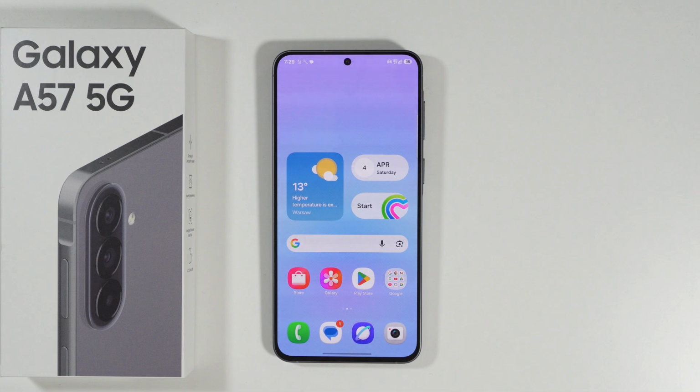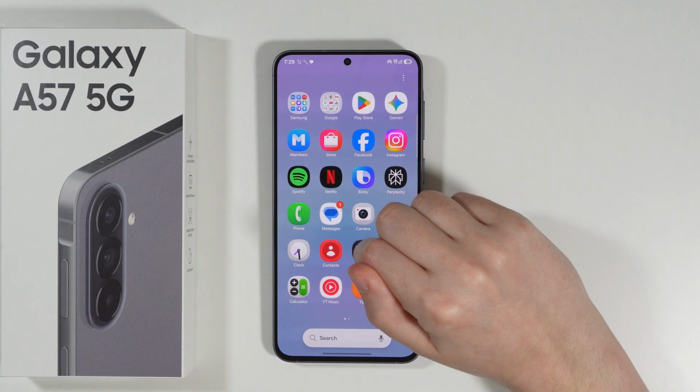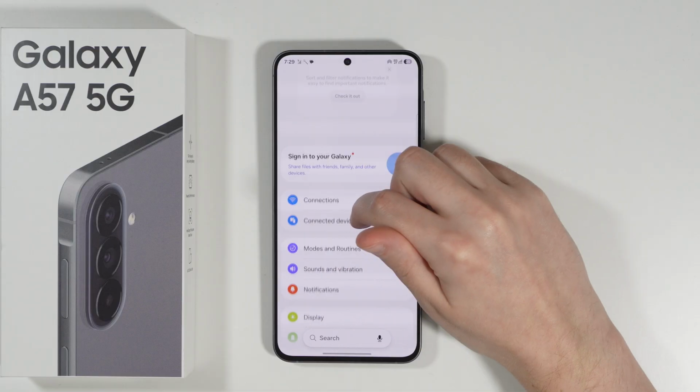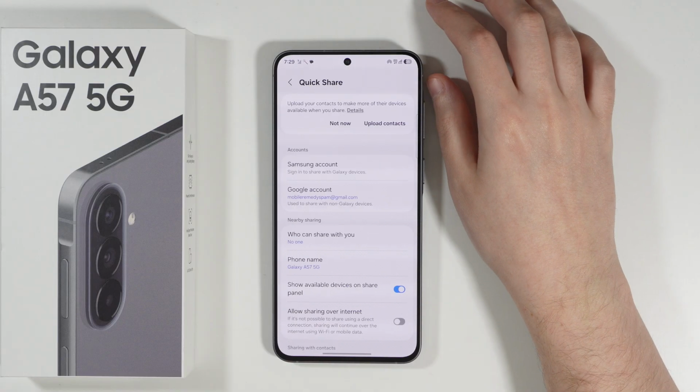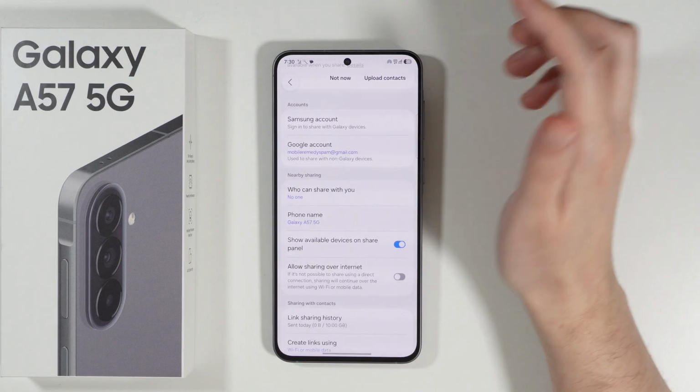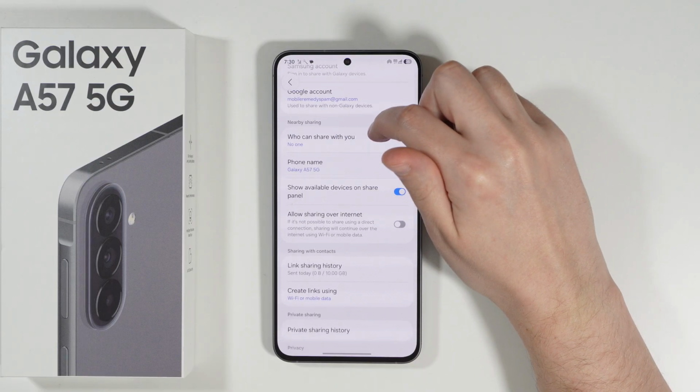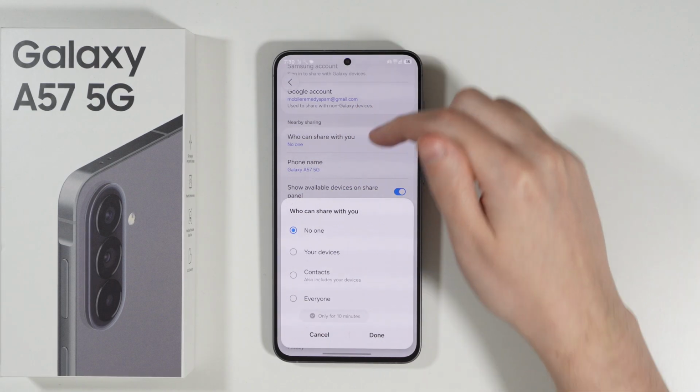To enable or disable Quick Share on Samsung Galaxy A57, first of all, we need to open Settings. Over here in Settings, we're going to go to Connected devices, and then here at the top we have the Quick Share option. We should be able to open the menu or settings of Quick Share. If you want to turn it on, you want to go to Who can share with you,